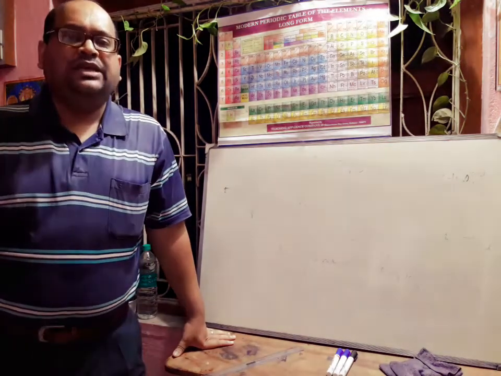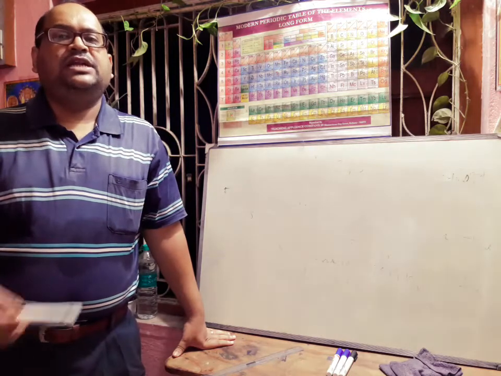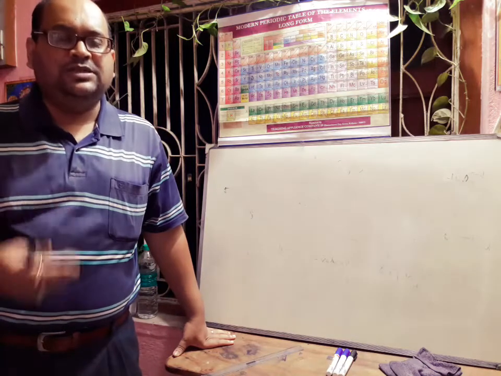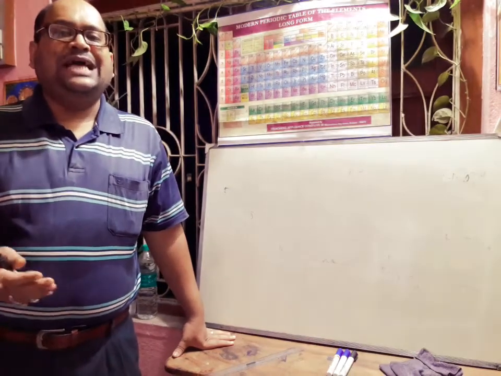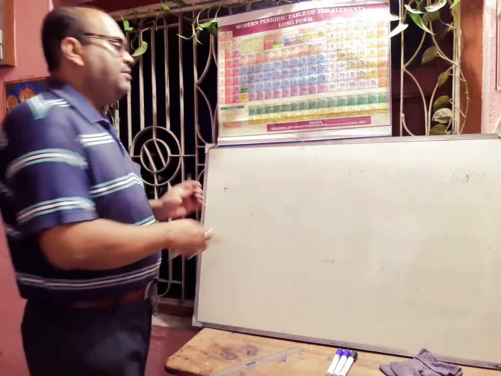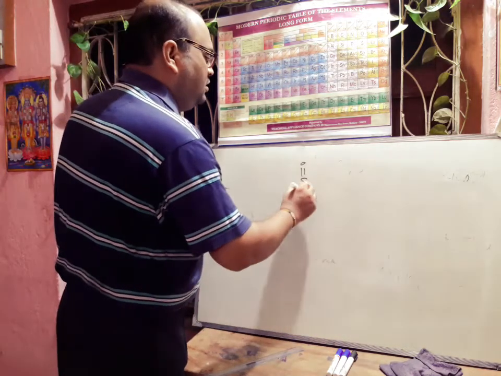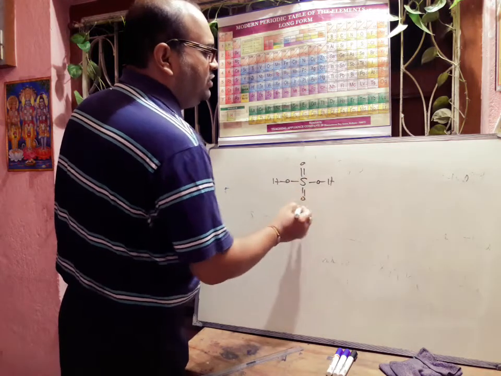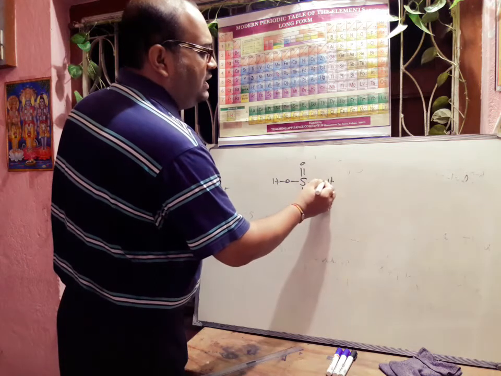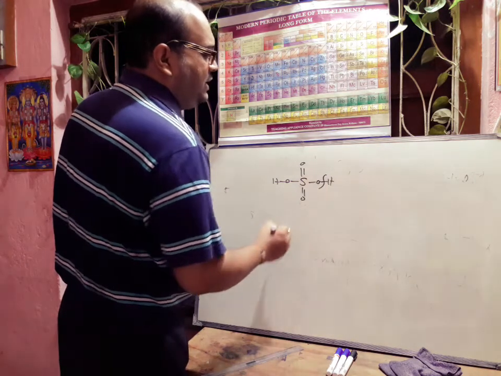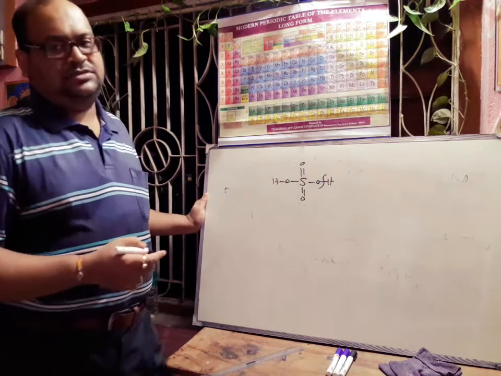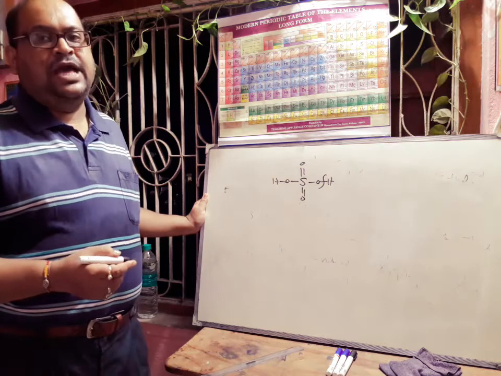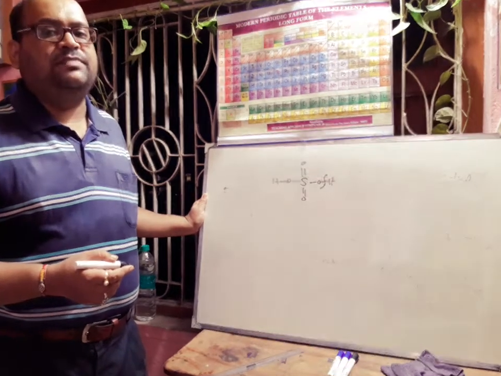Now what are the consequences of this electronegativity concept? First one, because of electronegativity the covalent bonds become polar, and we can explain the acidic nature of compounds. If we think about the sulfuric acid molecule, why is sulfuric acid acidic? Because oxygen is more electronegative, it will attract this bond pair of electrons towards itself and easily it will break, forming HSO4 minus and H plus. So the acidic nature of a compound can be explained by electronegativity, as well as basic nature also can be explained by electronegativity.